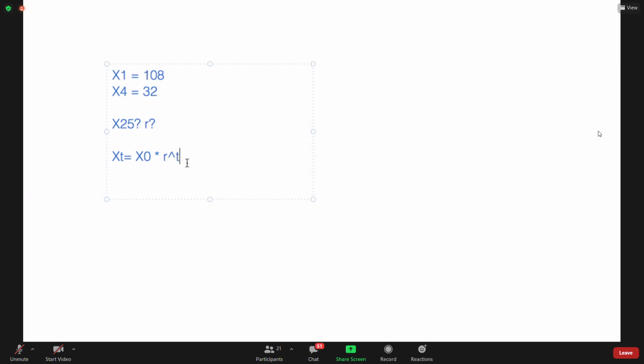Therefore, we will have to modify our formula in order to calculate xt according to x1. I will first show you how we would do it if this were x0, and then afterwards, I will ask you to work together and calculate how we change the formula in order to also attribute x1 into this calculation. So we'll pretend this is actually x0. If this were x0 and this is x4,